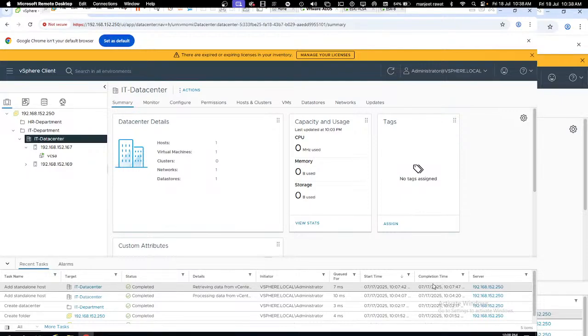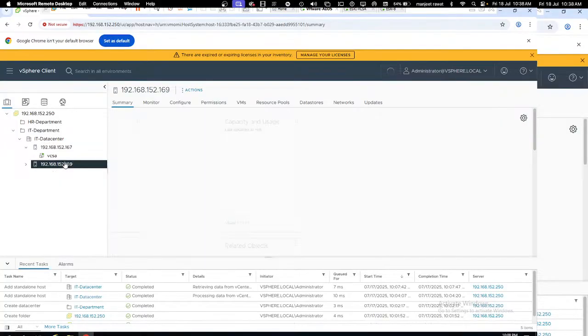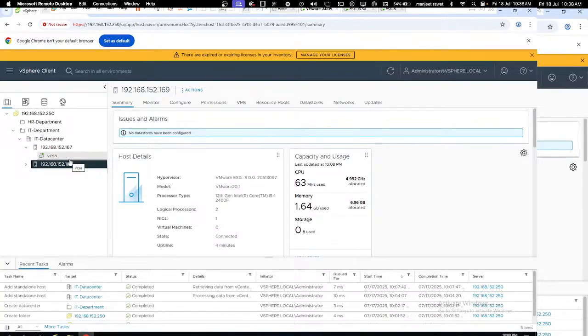Now what you need to do, your responsibility, is to add storage, because we already added storage on our 169 that contains the vCenter server, and 167 contains its own local storage, but on our 169 we just added, so we need to provide one dedicated storage. Every time, always give shared storage to our virtual machines. The virtual machine that you are planning to create in your ESXi host must be contained by the